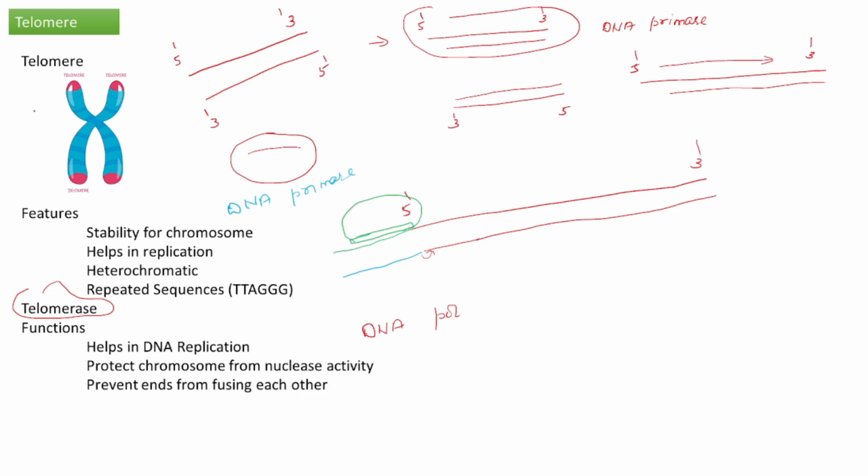Okay, then what is the significance of telomere in stabilizing the length of the chromosome? As the telomere is here and its sequence is complementary to the RNA present in the telomerase, that is why it is possible to regenerate the lost portion in the daughter strand. Okay, I hope that what is telomerase and what is the role of telomerase, everything is clear to you.